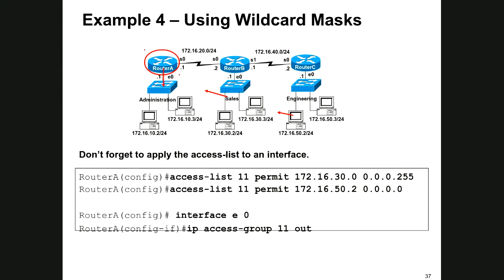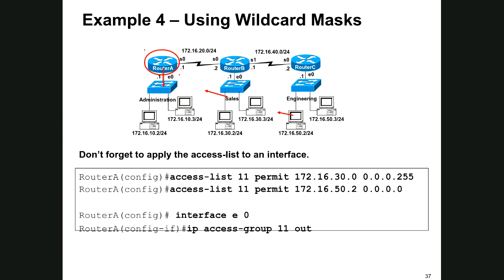Okay, now let's apply it to an interface. The best practice with a standard access control list is that we apply it as close as possible to the device being protected. We don't want to inadvertently block legitimate traffic from other devices. So in this case, he's gone to router A, which is the default gateway connection to the administration department